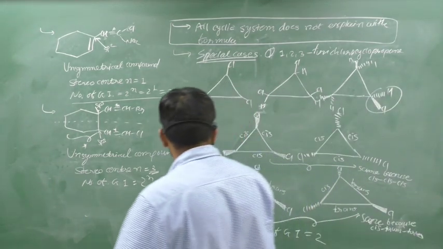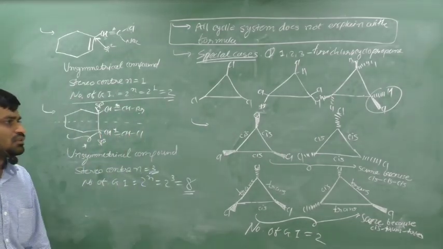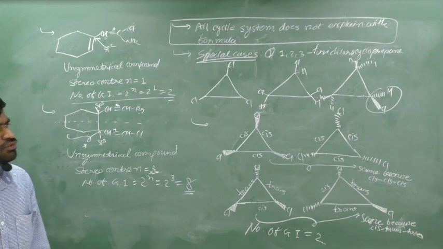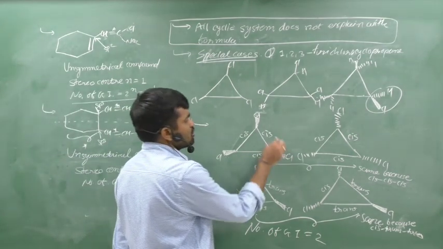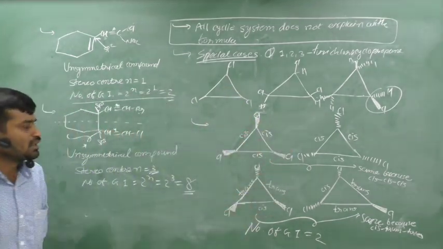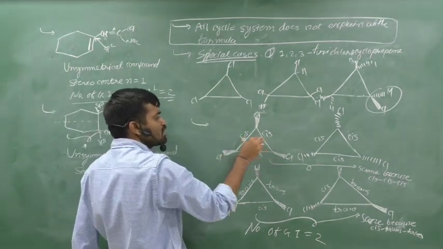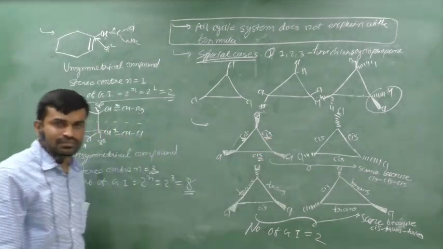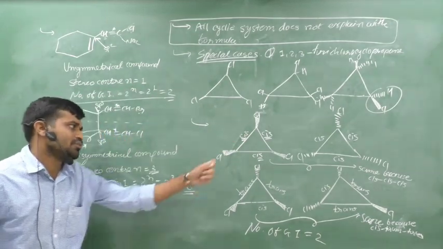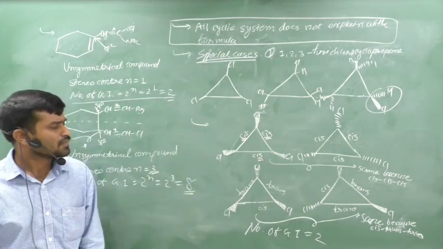First possible structure is that all chlorines are in a wedge form. All hydrogens are in a dash form, but we cannot write here. We can write only the chlorines. All chlorines are in a wedge form. Therefore, it is upside, it is also upside, and it is also upside. Therefore, it is cis form, it is also a cis form, it is also a cis form. Therefore, the compound is cis, cis and cis geometry. Clear? We understood this wedge and dash in the last lectures. If wedge and wedge are there, therefore this is cis geometry. Wedge and wedge cis, wedge and wedge cis. Clear?